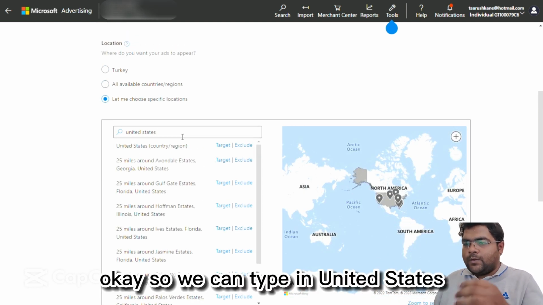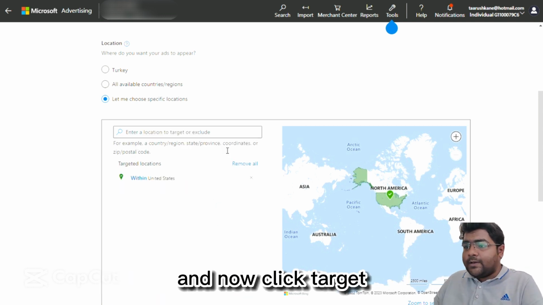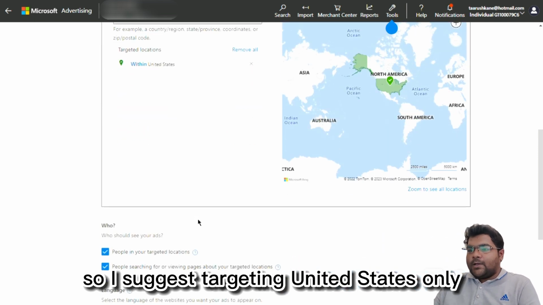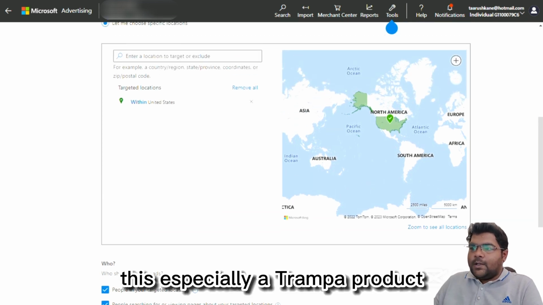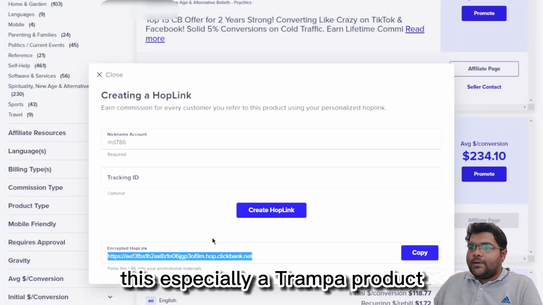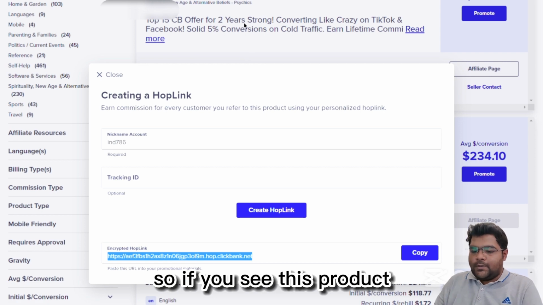Okay, so we can type in United States and now click target. So I suggest targeting United States only. Most of the sales, like 90% of the sales, come from the United States, and this is especially a Trump product. So if you see this product,